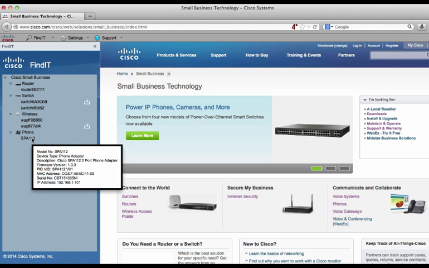If I mouse over the device, I get a tooltip showing me information about the devices, so what type of device it is, what firmware version it's running, what its MAC address is. If I am having a problem and I need to log a case with the support center, I'll often get asked for the serial number. I can see the serial number directly from here,